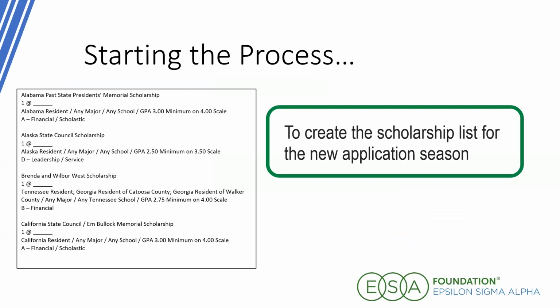It's kind of hard to know where to start because the scholarship process just keeps cycling and overlapping. As Terry explained in the endowment portion, the endowment committee determines after the end of the fiscal year, based on their parameters, the number and dollar amount of each scholarship to be given. Then I take that information and put it together in a scholarship list for the next application season. Looks kind of like this one on your slide.